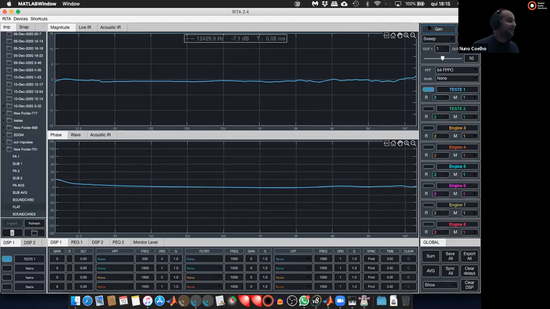You can test it. Just put it in the same place and make one measurement like that and one measurement like that and see what happens. Okay. So one last important thing, you can delete folders. You can refresh folders if you put some folders in the memories folder, in the RITA folder, okay? You can create folders. And these options here, okay,